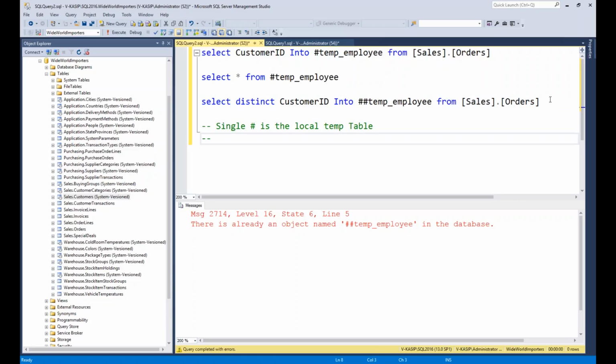Okay, double hash is the global temp table. The global temp table can be used across sessions, and the scope of the global temporary table is within the database.